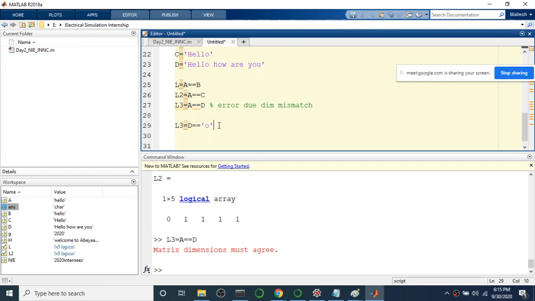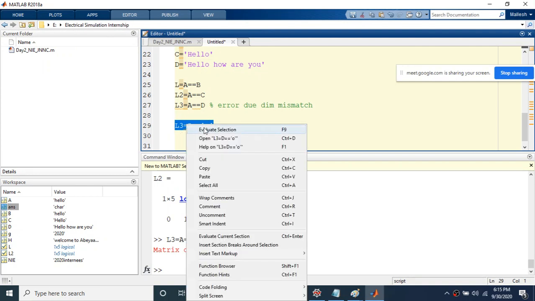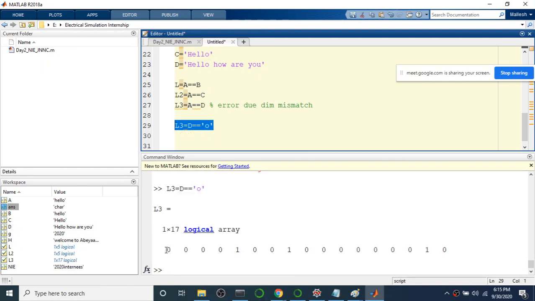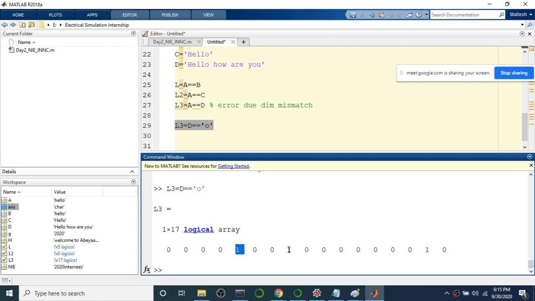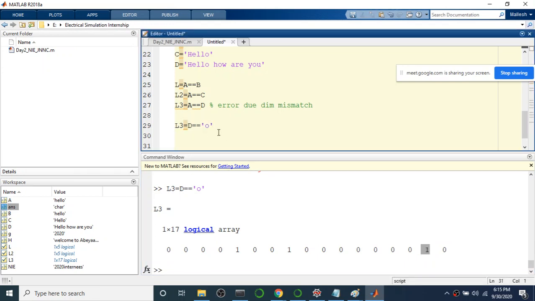So with a single character I can do the comparison. A matrix of any size can be compared with a single character. You can see that. So this will be useful if you are looking for a particular character inside your data. So this is using the relational operator, that is the equality symbol. You can do the comparison.